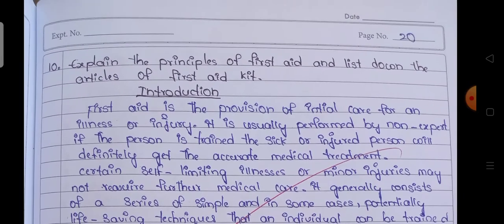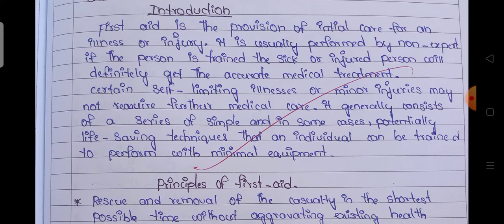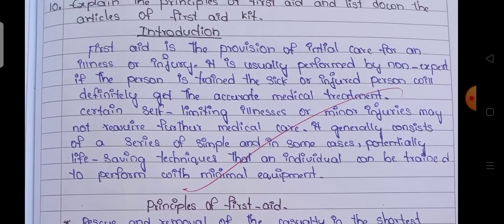Next one is: explain the principles of first aid and list down the articles of the first aid. Actually, first aid is nothing but, in the non-availability of a doctor, before taking to the hospital, if you are giving first-time treatment to the patients in order to save the life of the patient, that is known as first aid. A provision of initial care for any illness or injury to the patients, before taking to the hospital for the treatment purpose. If you are providing the initial care to the patients, it is known as first aid. Principles of first aid, introduction,